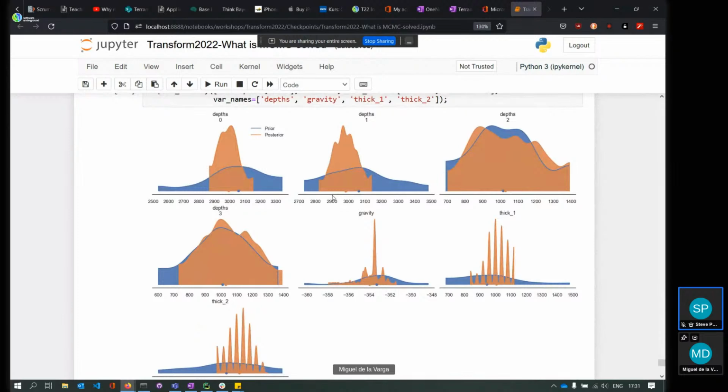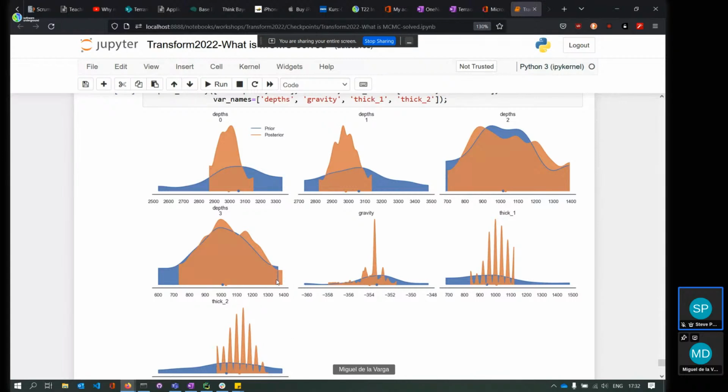Those orange values are integrating the arrays that we had in exactly the same way as in the previous examples. As the mathematical model gets more complex and you have more variables, it gets trickier and trickier to follow every single step as we were doing before. But if everything works out fine, it's happening the same. So in this case, these are the posterior of our model, and then you can see the gravity and thickness